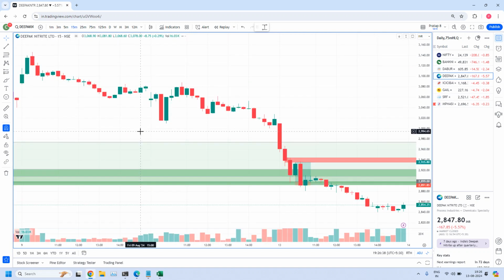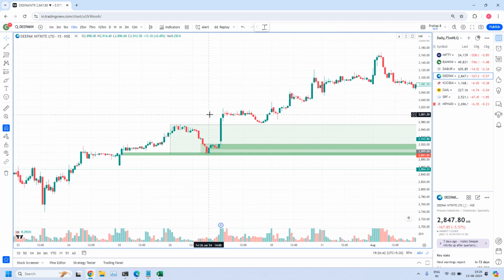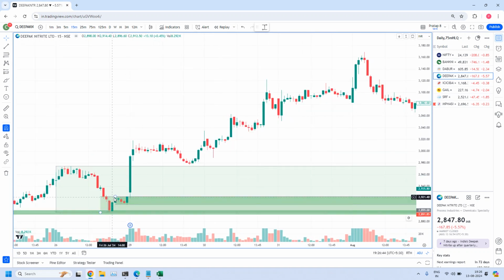Next, 15 minutes time frame. Also we have a good zone. We have a rally. We have 1, 2, 3, 4, 5 candles and a rally candle. Of course, this is a medium size leg candle, but still it is part of the base because of the earlier base candles and the leg out, and the leg before the leg out candle. So still it is a good zone. 15 minutes rally, base, rally.